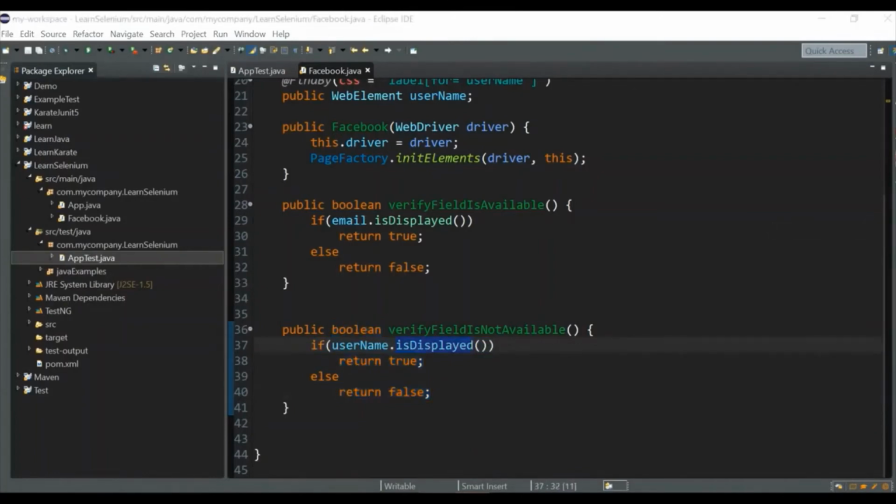So actually the isDisplayed function will work only for the fields which are already available in the web page, and it is not useful for the elements which are not available in the web page. So in that case, what can we do? Let's see an example. But before that, let me tell you, even in the case where the field is available,